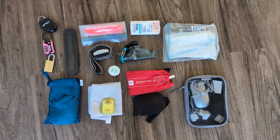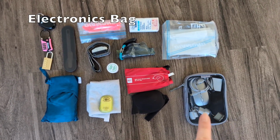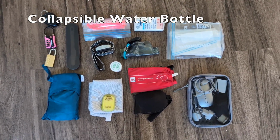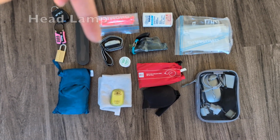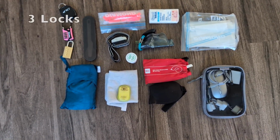Here's everything that's in my small purple packing cube. It's essentially a bunch of miscellaneous stuff. So there's my electronics, some plastic bags, some tissues, a collapsible water bottle, a travel pillow, eye mask, laundry bag and laundry soap, some earplugs, a headlamp, some extra medication, a silk sleeping bag, a cutlery set, and 3 different